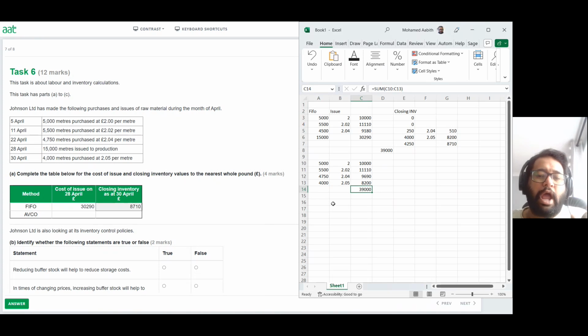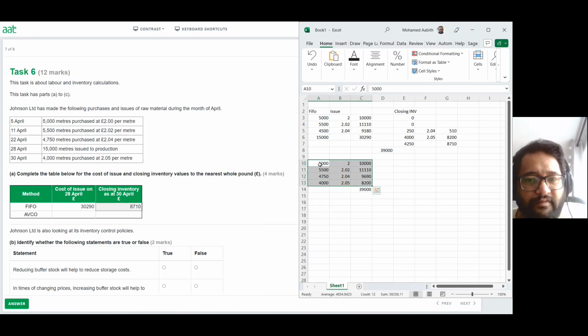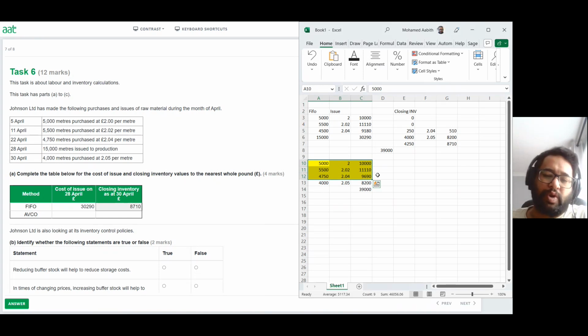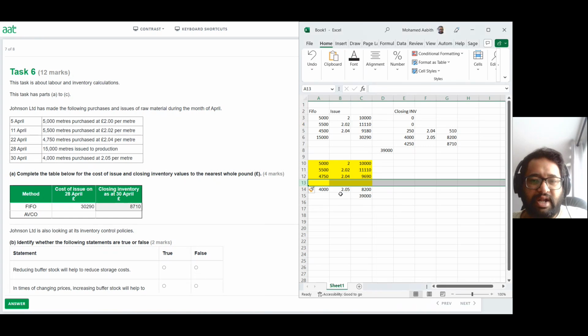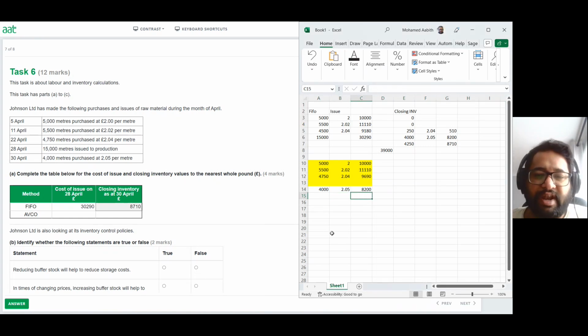Now I'm going to go back in there and do the AFCO method. But doing the AFCO method, there is a slight change. That is why I did this here, because we're only going to issue the goods up to that level. We don't have to worry about anything after that when it comes to AFCO, because at the moment, this is my subtotal. This is where I'm going to make my decision of how many items and how I'm going to deal with it. So here I'm just going to insert a line there,